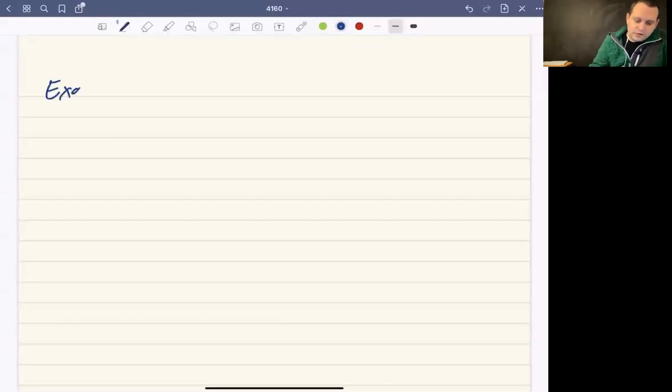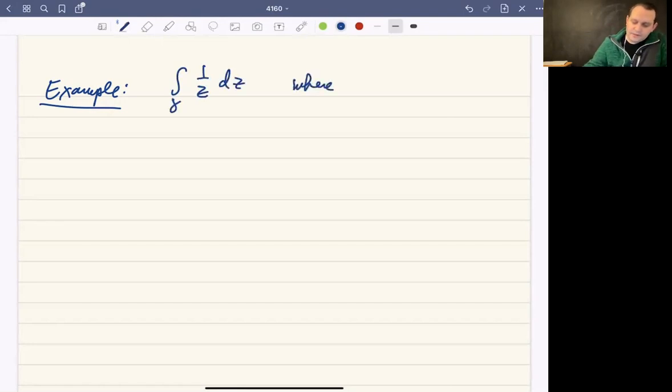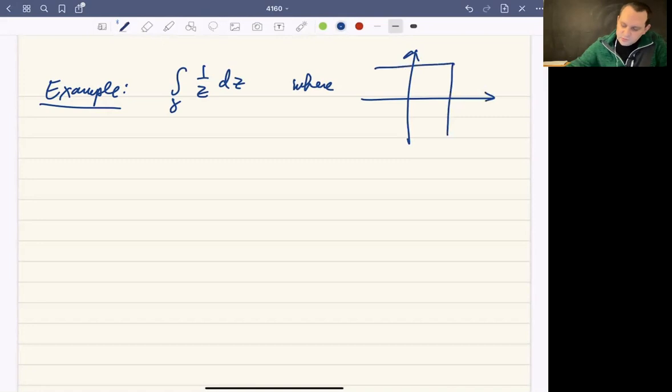All right, what I want to do now is an example to show you the strength of some of the results that we were just talking about. And what I want to do is compute the integral of 1 over z, where gamma is going to be the piecewise smooth curve. So it's a continuous piecewise smooth curve